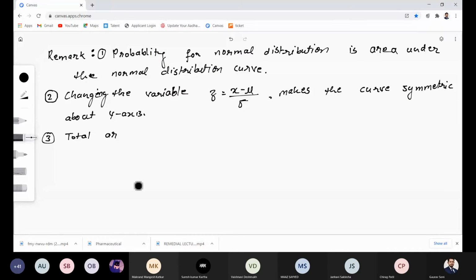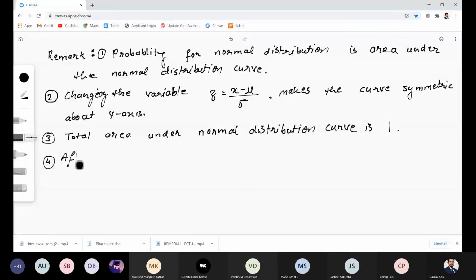So the third point, total area under the normal distribution curve is 1. Fourth one, so after the change of variable,